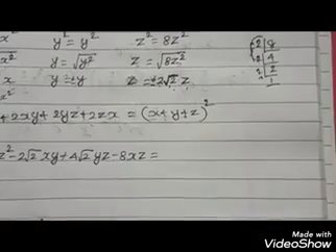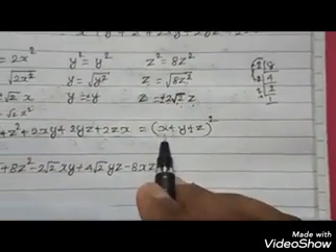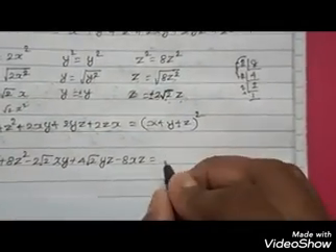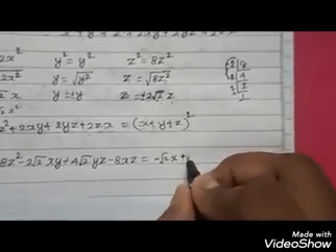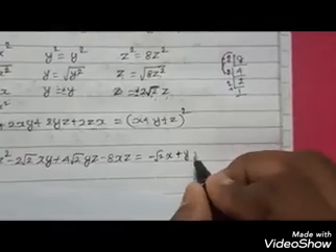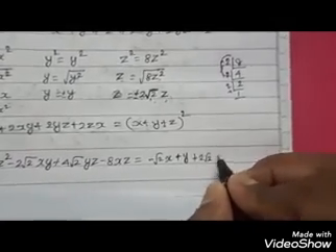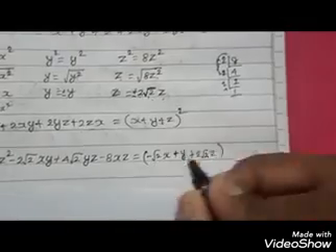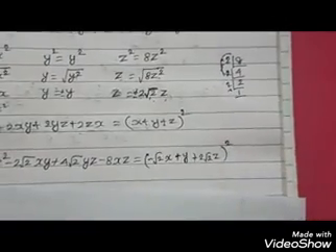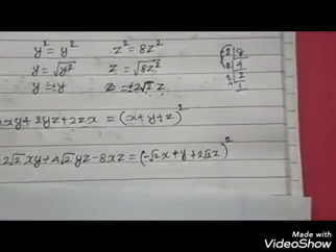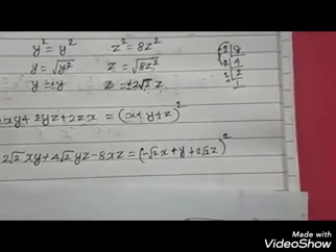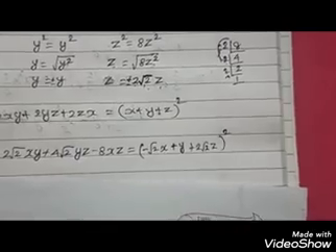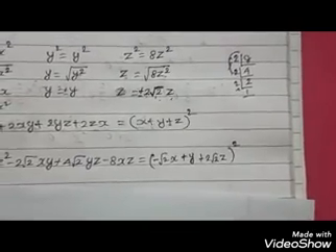So the question you can write as, now that you know the value of x, x we take as minus root 2x, and y plus y, and then z plus 2 root 2 z, whole square. So this can be written in the splitting form as minus root 2x plus y plus 2 root 2z into minus root 2x plus y plus 2 root 2z. So you have to split it.